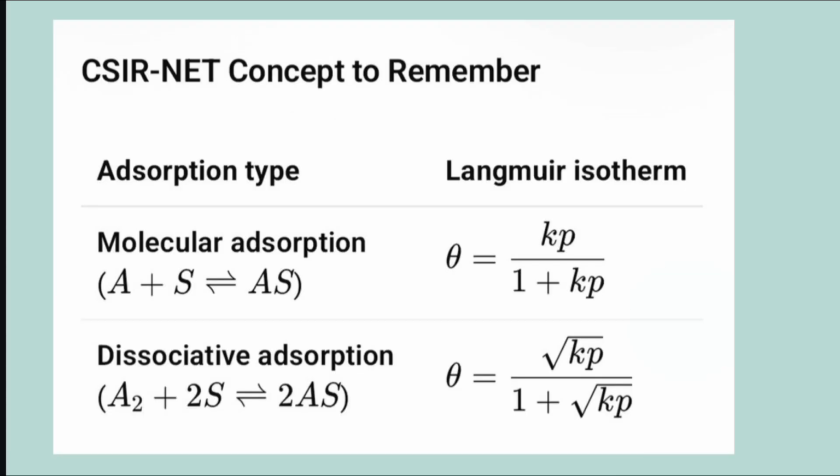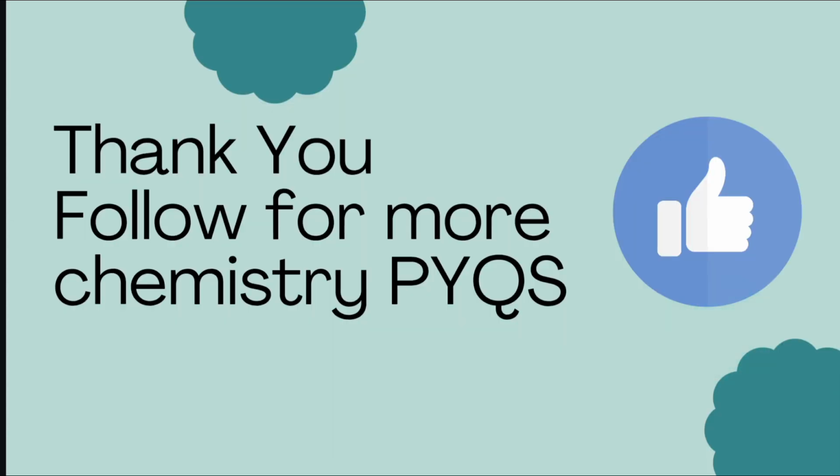I hope you understood that concept. Now we have to remember this concept. This is important for CSIR NET. Adsorption type and Langmuir isotherm. For molecular adsorption, that means A plus S gives rise to AS, Langmuir isotherm is theta is equal to Kp divided by 1 plus Kp. And for dissociative adsorption, A2 plus 2S gives rise to 2AS, and for that, Langmuir isotherm is theta is equal to root of Kp divided by 1 plus root of Kp. I hope you understood this